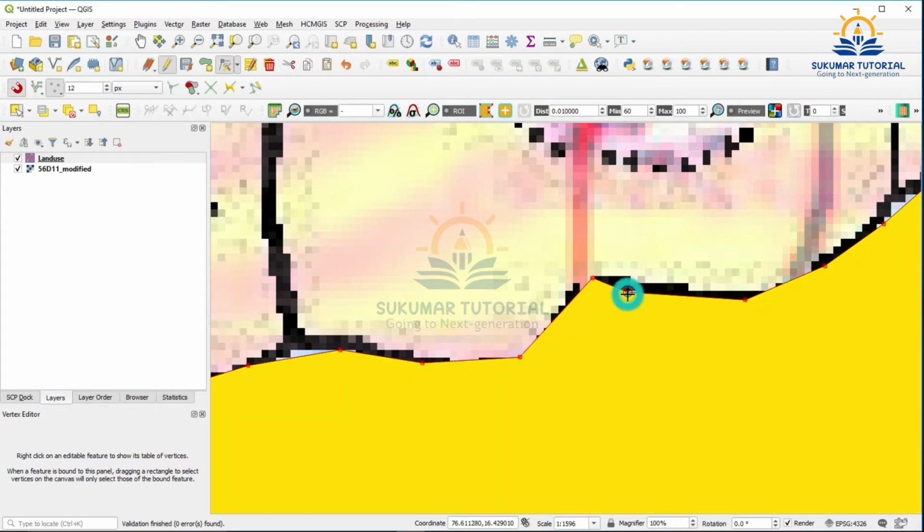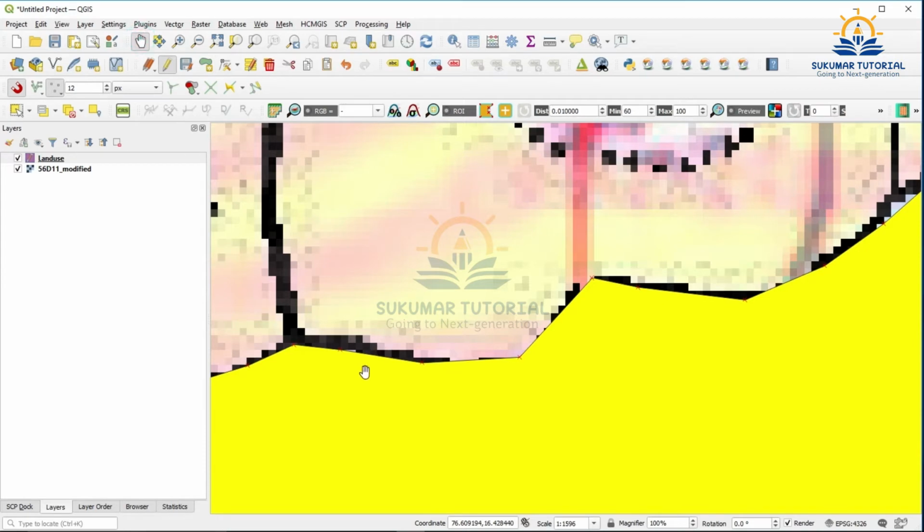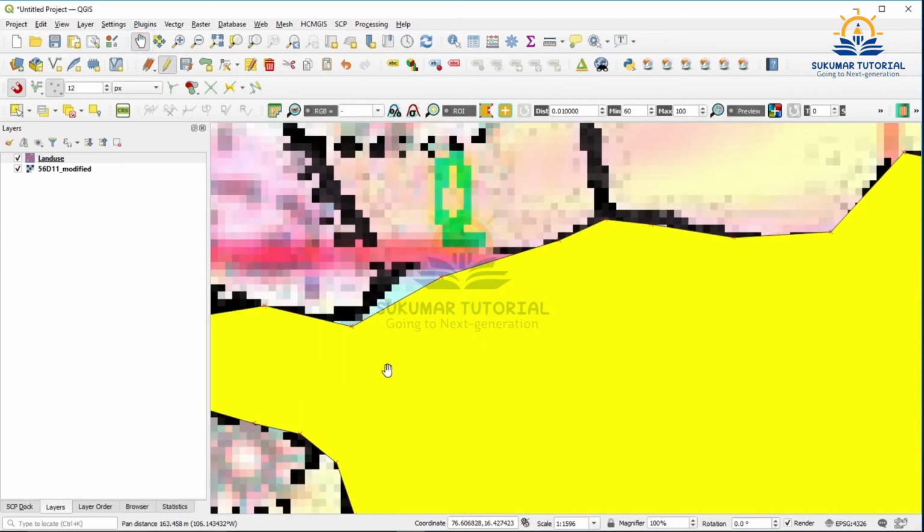Click it, second click you drag it, see, just covered. Similarly here also I make one click, second click I move. This is how you adjust and make the corrections. This is called editing a polygon.